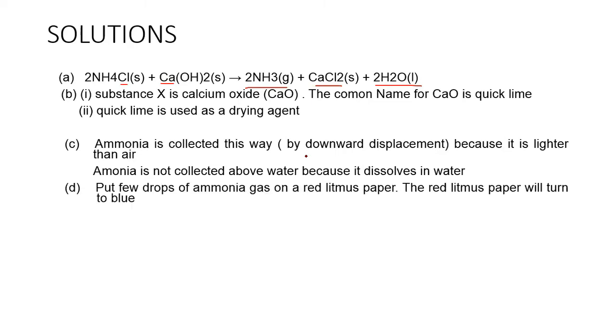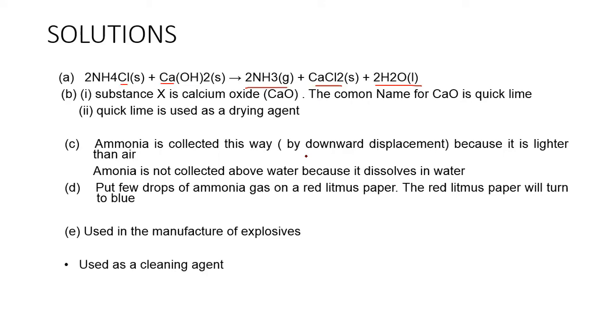All right, then this is a description. You can put a few drops of ammonia gas on a red litmus paper, which is going to turn to what? Blue, because ammonia is actually a base. So bases change a red litmus paper to blue. Okay. Uses of ammonia, the major one is in the manufacture of explosives,